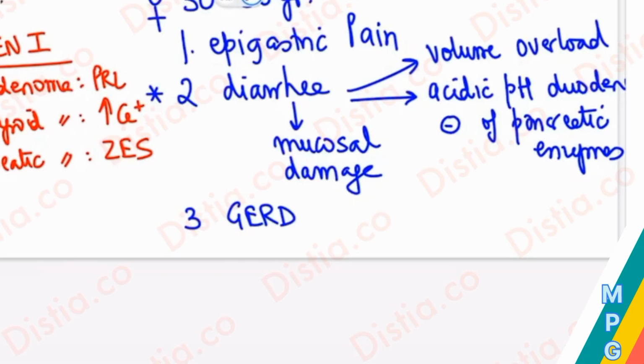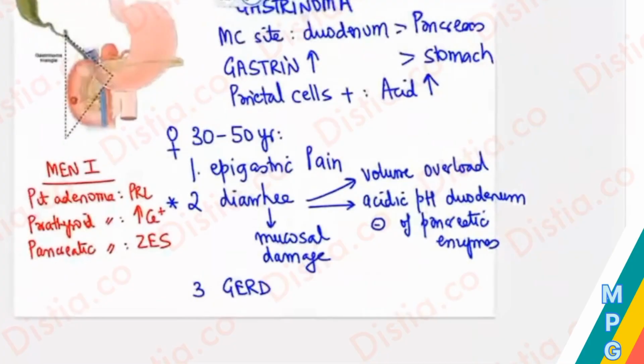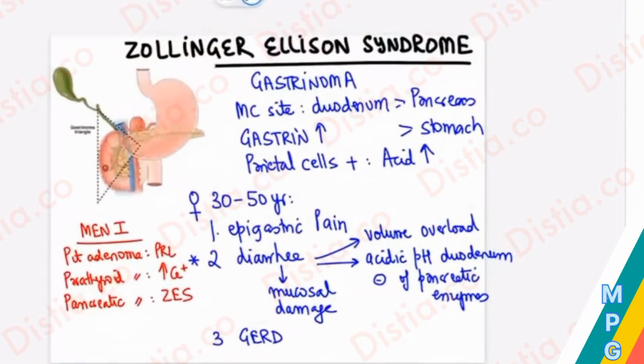Or another hint is that endoscopy of a person with epigastric pain was done, and he is mentioning a giant duodenal ulcer, multiple duodenal ulcers, atypical site. The second part of the duodenum is where the ulcer will be. Ulcer is usually seen in the first part of the duodenum with H. pylori. So those are the keywords that I want you to identify. I mean, most of these longish questions can be easily identified with the keywords in the question. So if you just keep a focus on that, I'm very sure you will be able to get a good strike rate in this particular